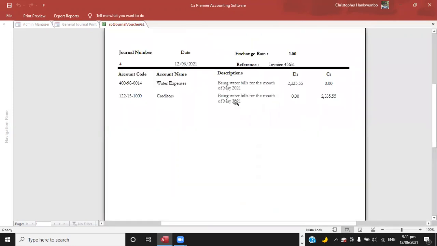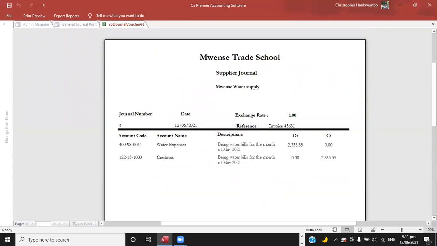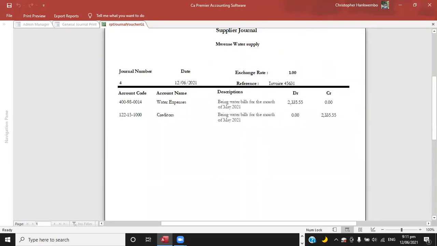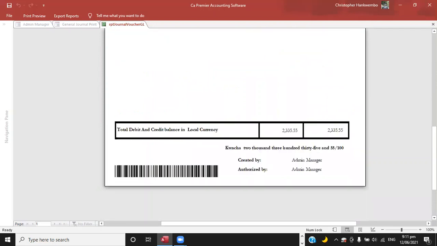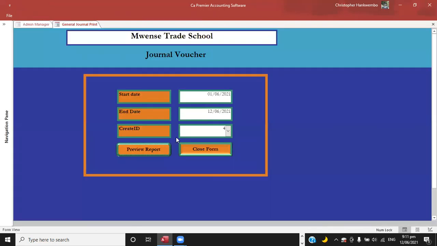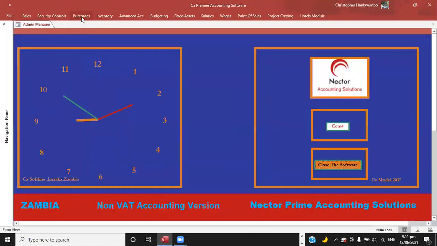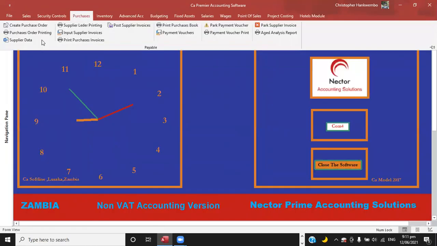Water and creditors. So there's no problem here. Okay, so there we are. Have the journal printed and put it on the file. There's no problem. Then now let's see the creditors, how it's looking like. When you come under creditors here,